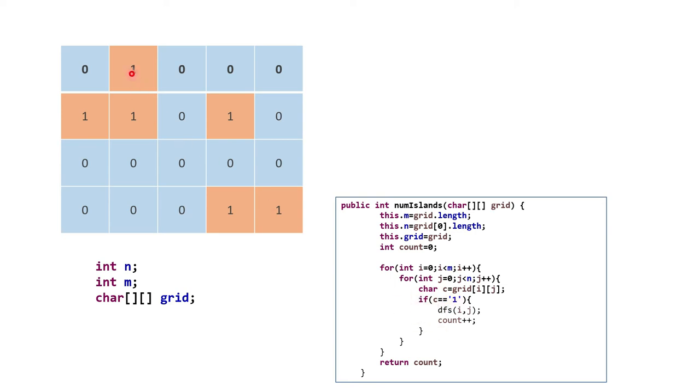Here we got our 1. From there we have to start one DFS call, and with that DFS call we pass i and j, the row and column index. Now when this DFS call is done, it will affect all these cells, right?